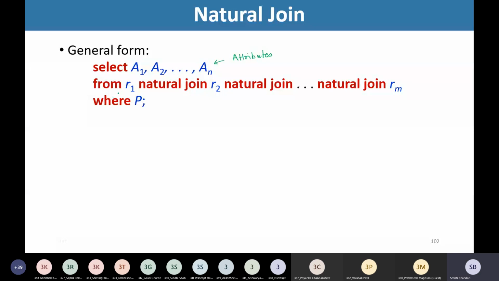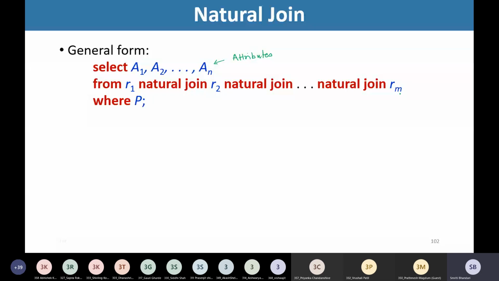In the from clause, we are having the list of relations from which we would like to extract the information by applying the natural join. So see here, we have listed these relations like R1 natural join R2 natural join R3, and so on up to natural join Rm.